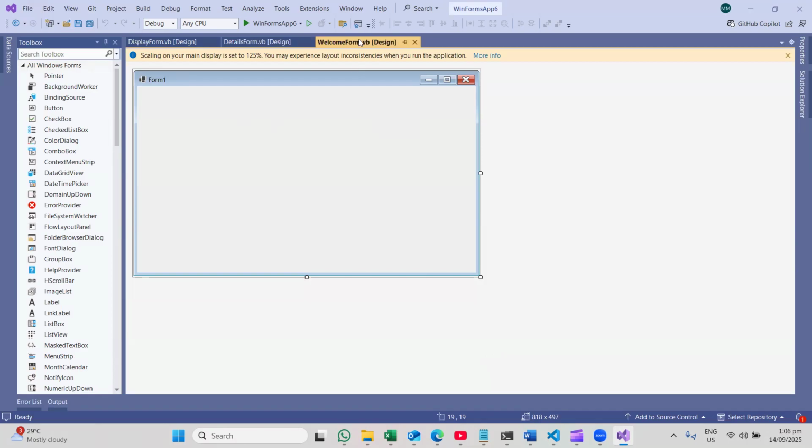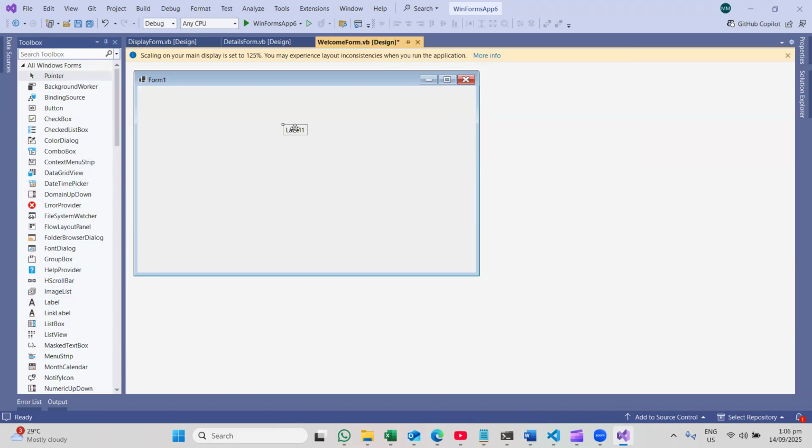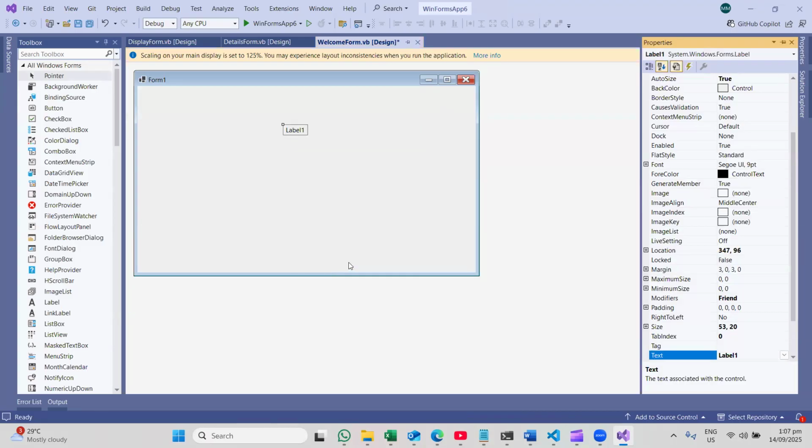We said that the first form is going to welcome a user to our application. So the first form, I need to have a label. So I'll go to my toolbox and put a label over here. I would click on properties. If you can't find properties, you can right click and go and click on properties here. And I want the text property so much so that I'll say welcome